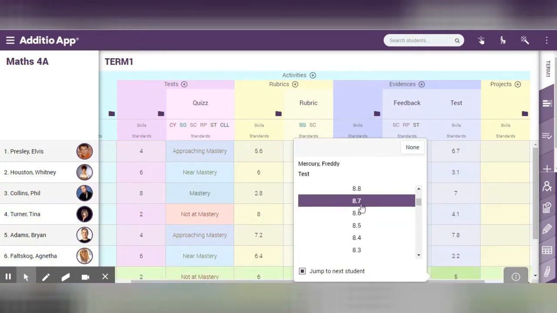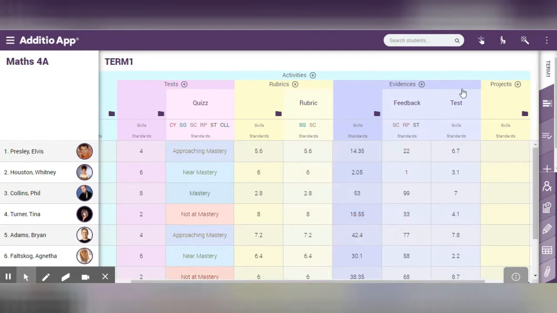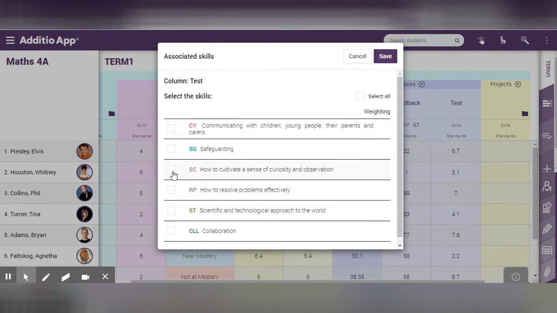Okay, so this could be a rubric, this could be a feedback, this could be whatever of the items of assessment that you have on Additio. So now on this test, I've been working these specific skills: how to cultivate the sense of curiosity, how to resolve problems effectively, and I can even provide a specific weighting to the specific standard I want to give a higher weighting. Okay, so once you select the specific skills or standards that you have been working on in this activity,